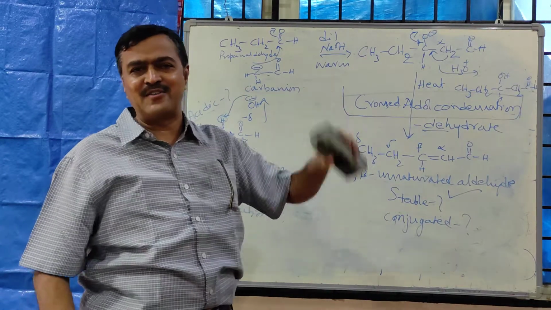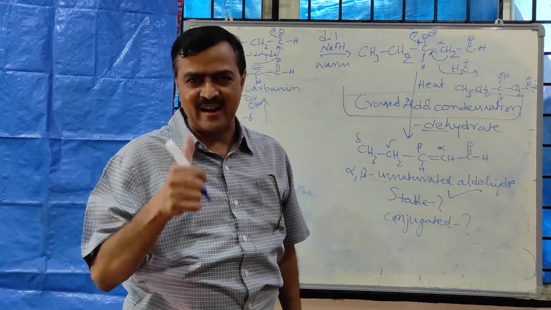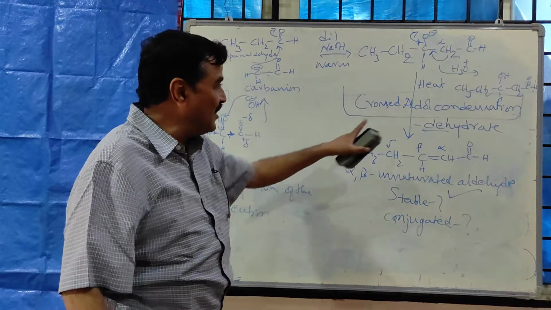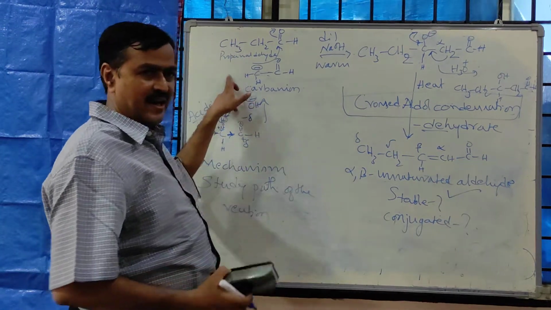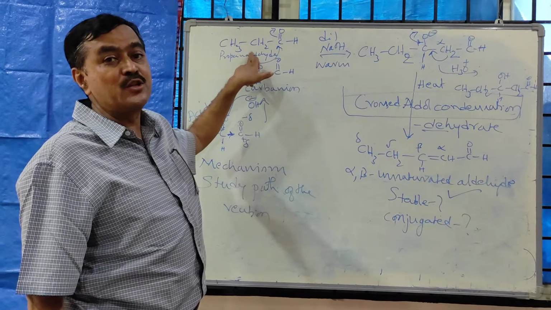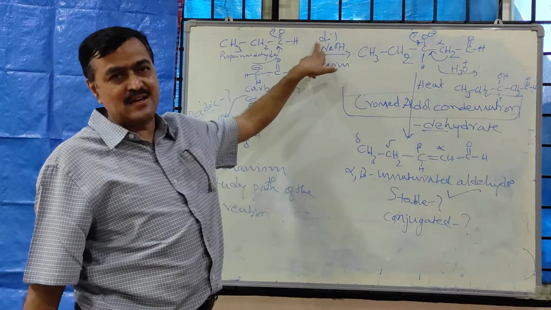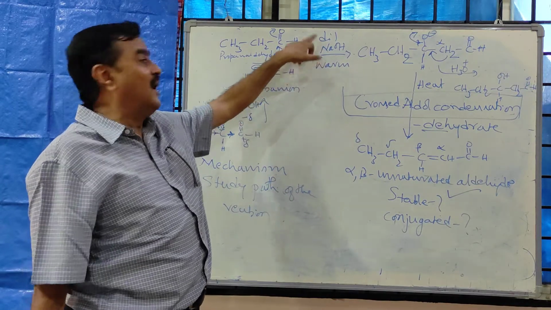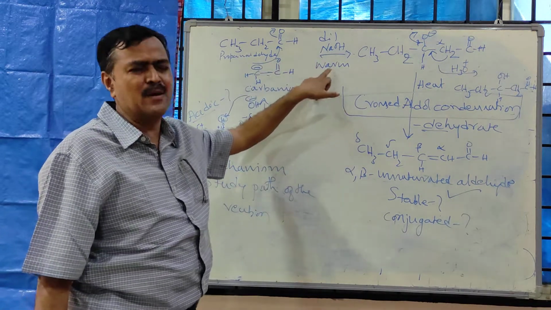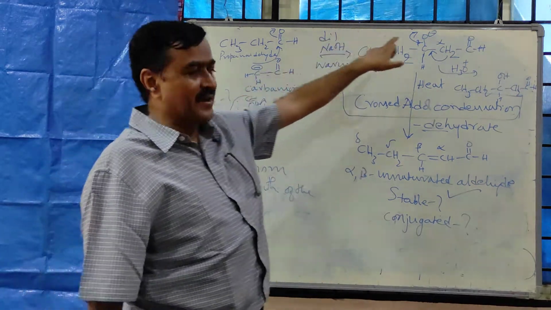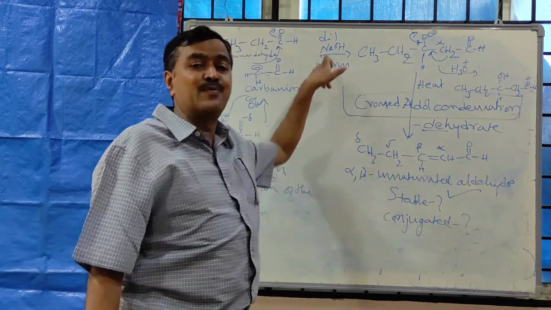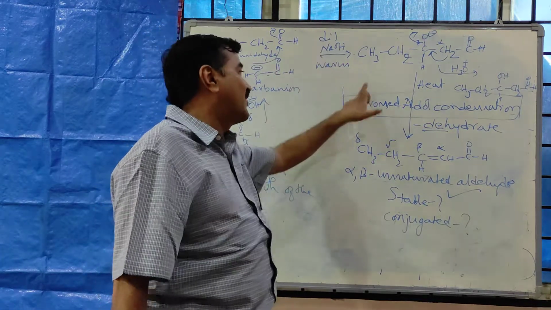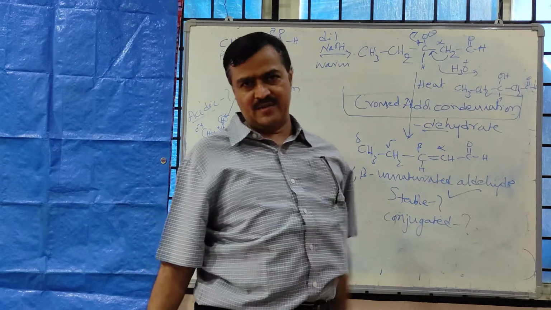This is the mechanism involved in the reaction. This is called aldol condensation. When acetaldehyde is made to react with propanaldehyde in the presence of dilute sodium hydroxide and subjected to heating, just by warming, it gives beta hydroxyaldehyde by aldol type of condensation. Since it is between two different aldehydes, it is called cross aldol condensation.